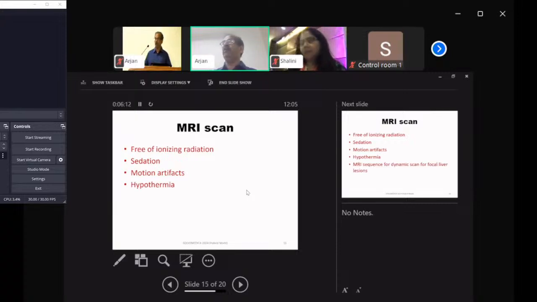Hypothermia we already talked about. Now, how it relates to MRI? Well, the MRI magnet works at a very low temperature. The room temperature by itself is very low. You put a baby in there, and the child will go into hypothermia. So, whether you can acquire that data at room temperature,